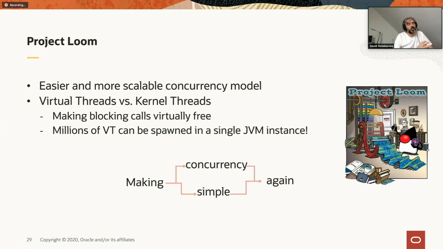Now, these days, we have multiple early access builds of Loom. If we look at the platform, there are already a few JEPs that have been added for Loom, and more specifically in JDK 14, we have re-implemented the legacy socket API. That was in preparation for something that is coming in JDK 15, which is re-implementing the legacy datagram socket API, which has also been done in preparation for Loom.